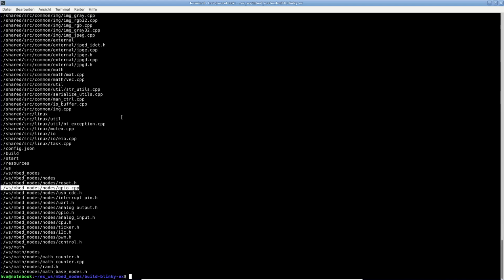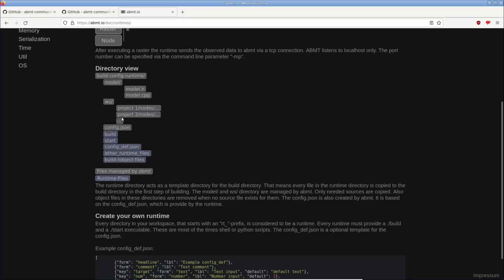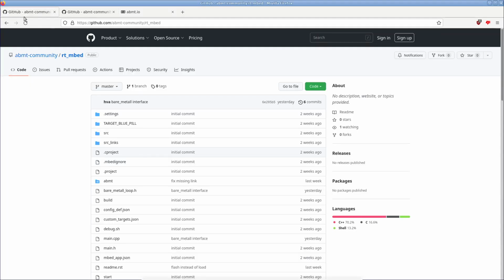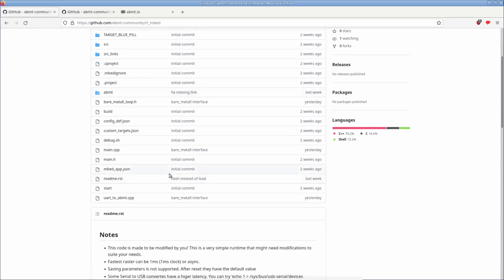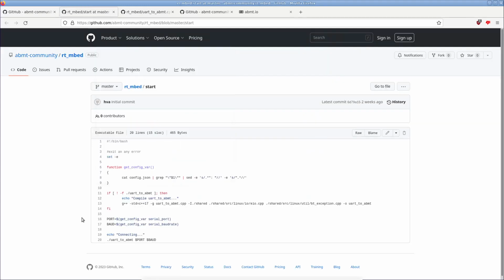And for the second part of this video, we look a bit into the embed runtime, because it's a bit special and it uses some tweaks to get the communication done and get everything to work on a microcontroller. So we do this by inspecting our code, and we start with the startup and UR2 ABMT. So the build script basically flashes the controller, and the startup script